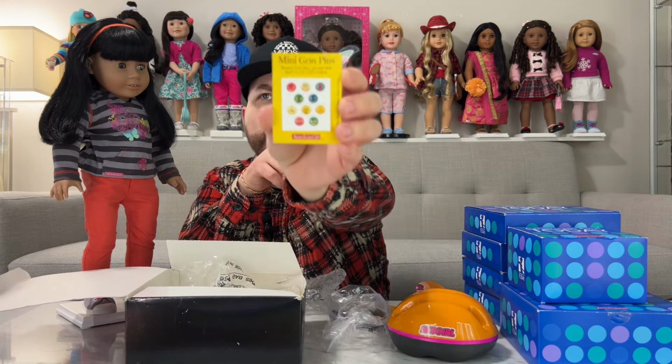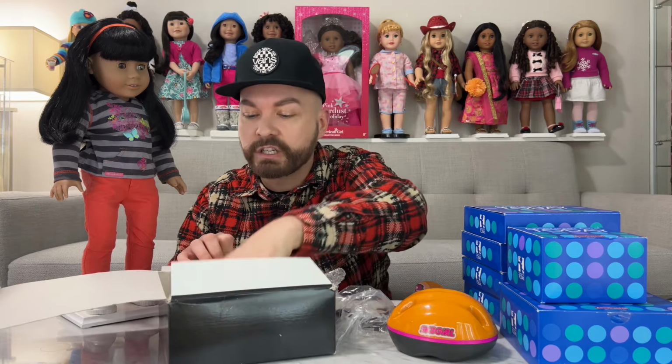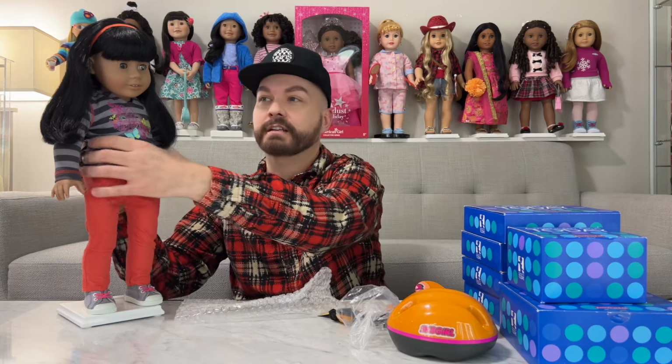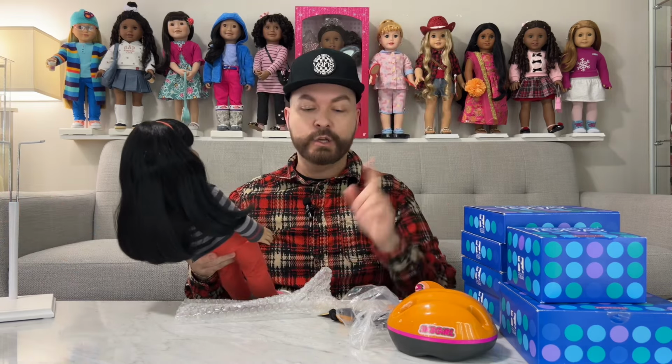I'm only really familiar with these because of Nikki and Isabel's collection, but I have now collected a few because of buying these older things that I once didn't know about and didn't care about because I didn't really know they existed. So this should be a quick, easy dressing,